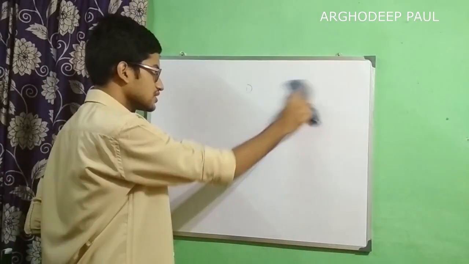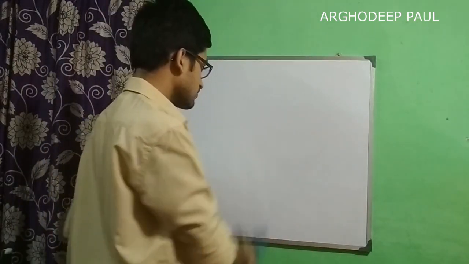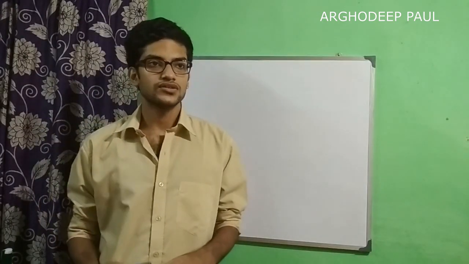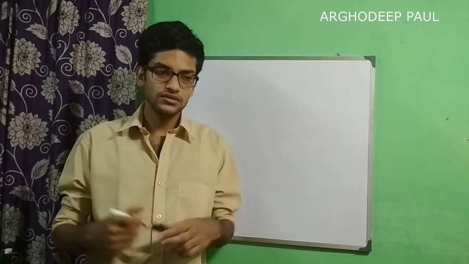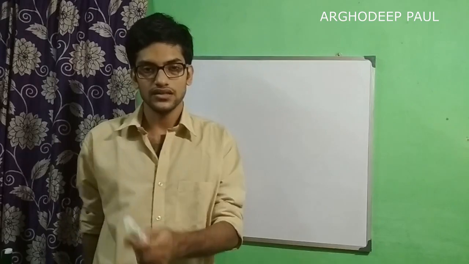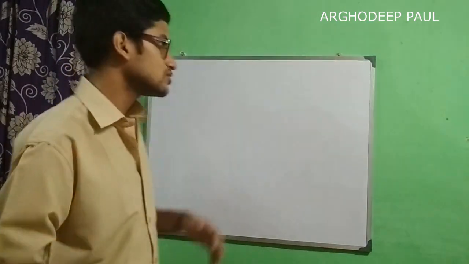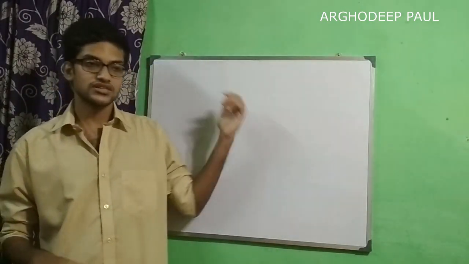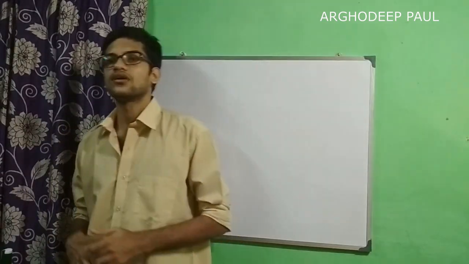What is the main function? You will get to know that when I will be doing the practical sessions. Main function is the function where the actual execution of the program begins. So anything you write inside the main function will be the main statements which will be executed by the operating system as well as the CPU. Those hash include stdio.h and conio.h, those .h files are called header files. Those are also called libraries.